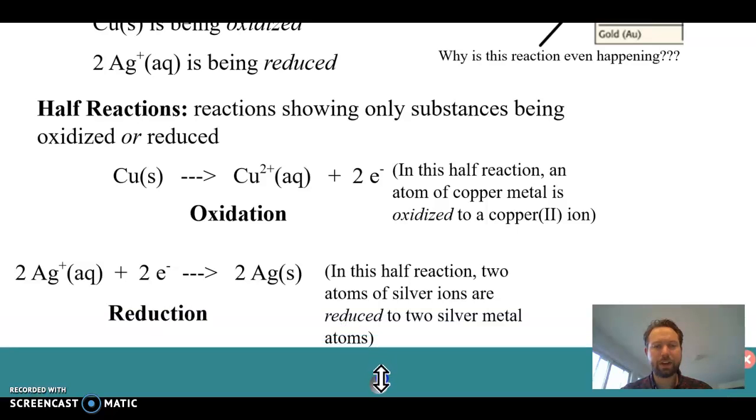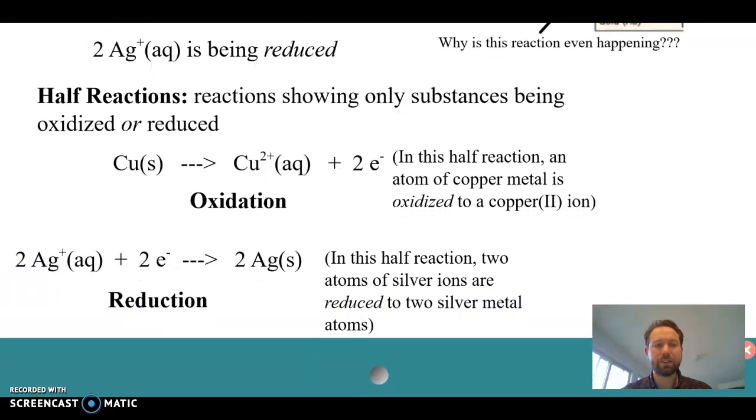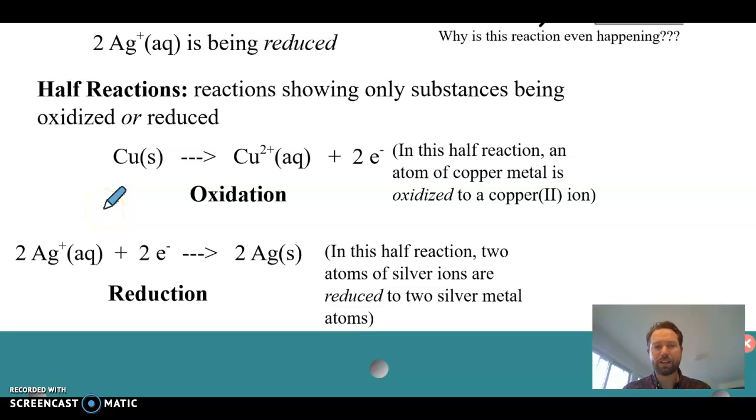And on the other side, we had silver gaining those electrons. So copper had to lose them, and silver, each one took one electron, and that became a solid